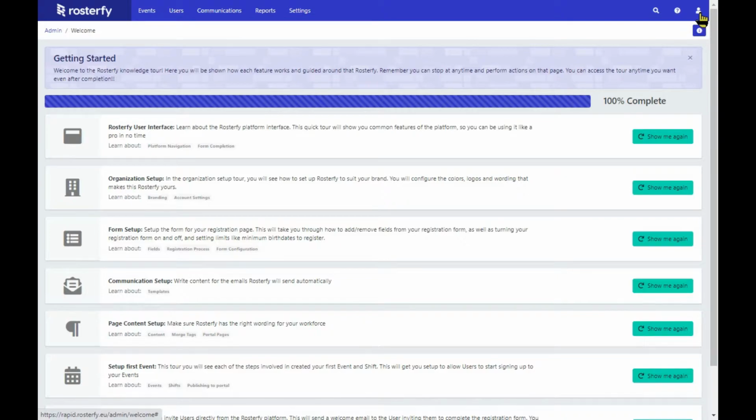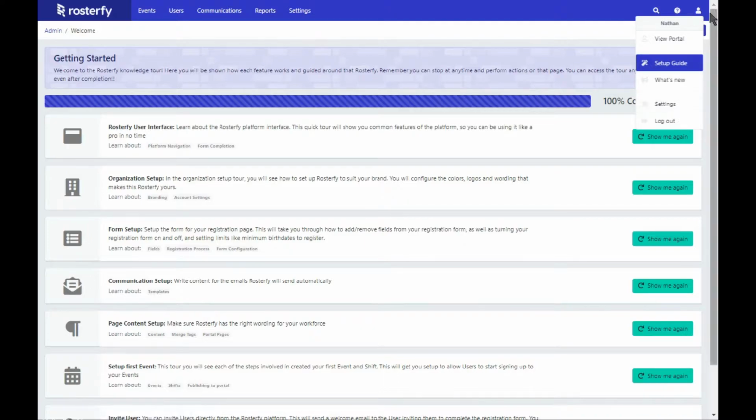Above that are your profile settings. In your profile settings, you can view portal. The view portal allows you to see exactly what another user who has signed up to your account sees. You can also use the setup guide, so if you want to retake any of the modules below, you can do so. You can then also take a look at what's new to see any system updates. The settings icon allows you to take a look at your security, so you can enable two-factor authentication, or you can adjust your locale if needed.